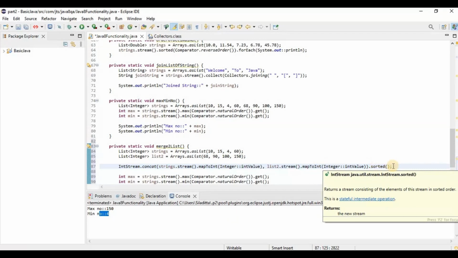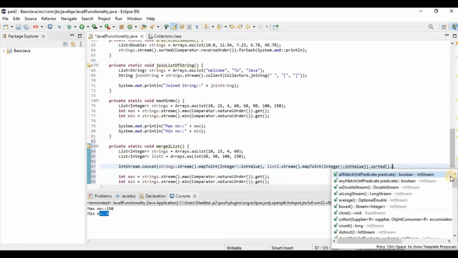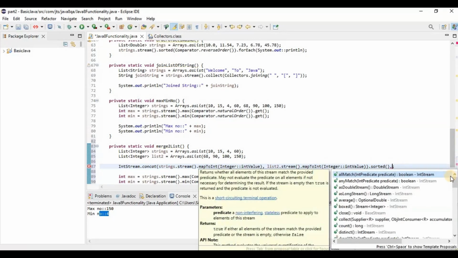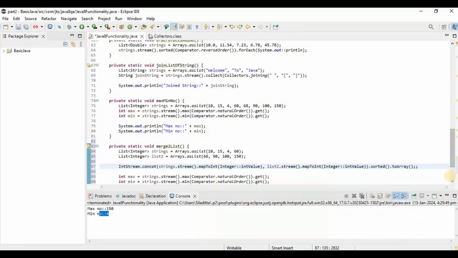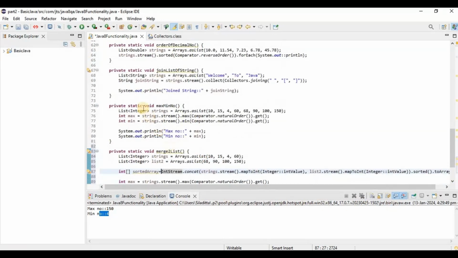It will give us the IntStream, or from here we can actually return toArray, so we can print this. Int array, sorted array. Now if we print this sorted array,